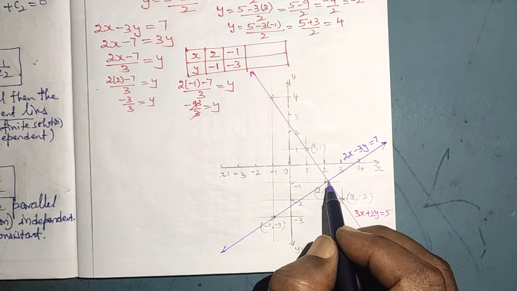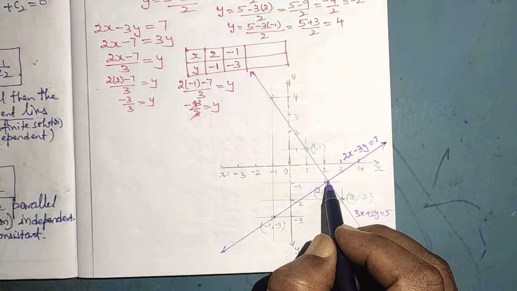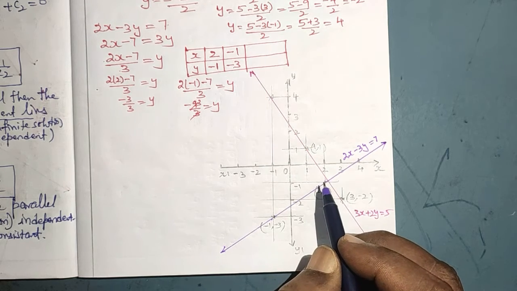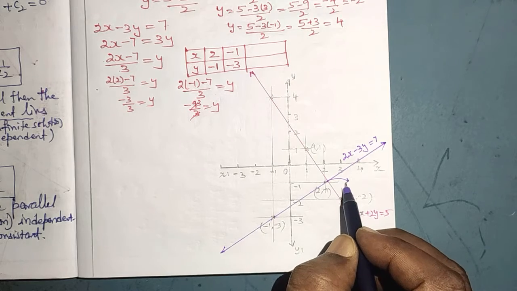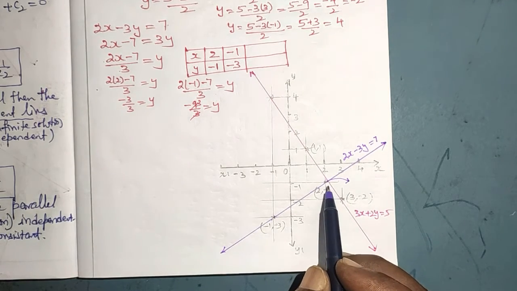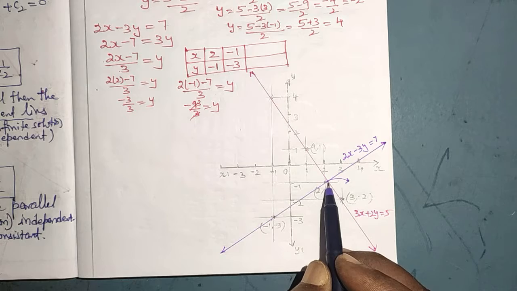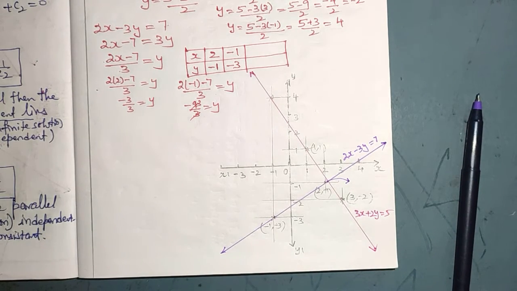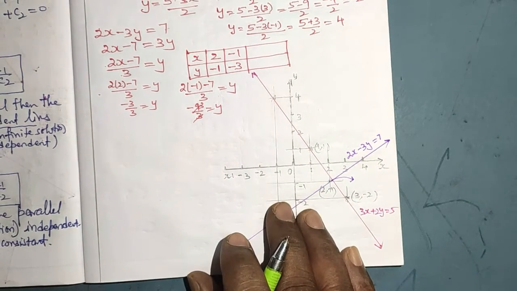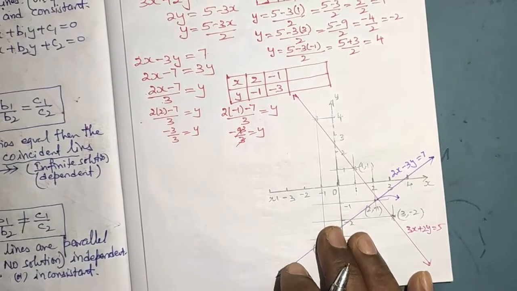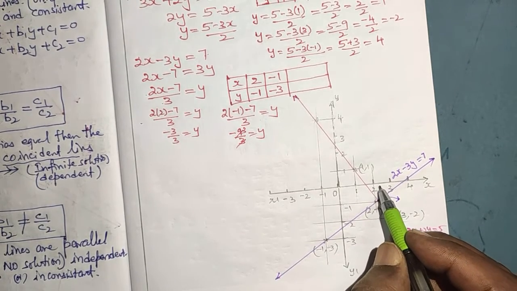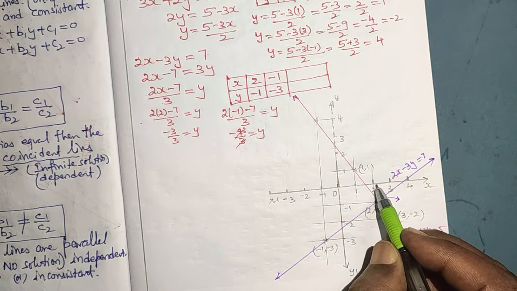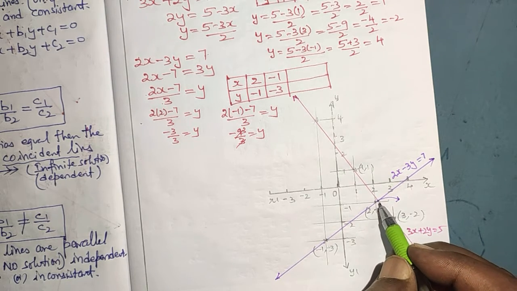But what is that we want? This is the solution we have to identify. Is it possible for us to identify this solution by graphical method? We are unable to identify. So what does this point mean? Again we will apply what method? The substitution method or elimination method, which we have studied earlier. To know this point of intersection graphically, I am finding it difficult because I don't have graph paper. I have drawn it on a white paper here.